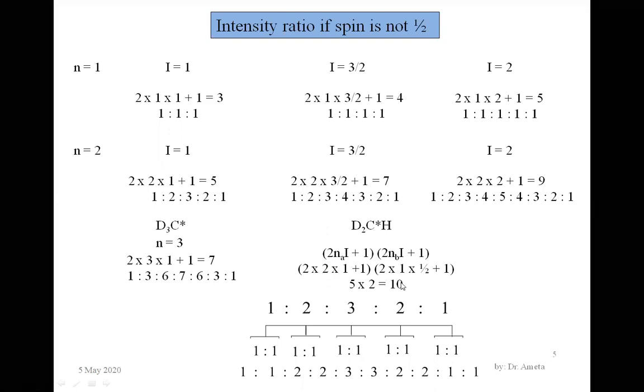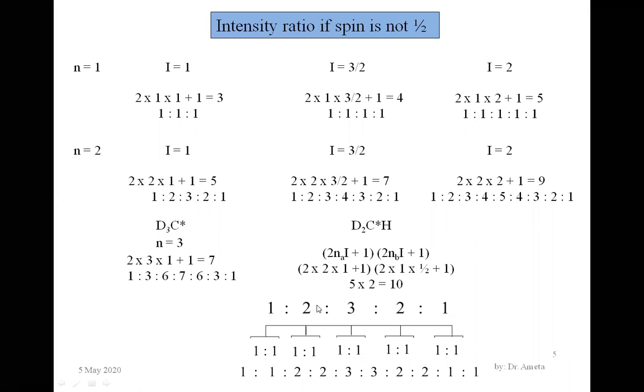How many? 10 lines. So 10 lines का अपन इंटेंसिटी रेशियो कैसे बना सकते हैं, because first आपको क्या दिख रहा है 5, ये जो 5 है ये वापस further split होता है 5 into 2 में 10 में। तो 5 के लिए अपन इंटेंसिटी रेशियो, क्योंकि D is equal to 2 है, ये ड्यूटेरियम के लिए 5 5 किसके लिए है, ड्यूटेरियम के लिए, D क्या है 2 है, तो we will use this n is equal to 2। So n is equal to 2 अगर है तो इंटेंसिटी रेशियो 5 के केस में कितना लिखते हैं 1:2:3:2:1। So we have written here